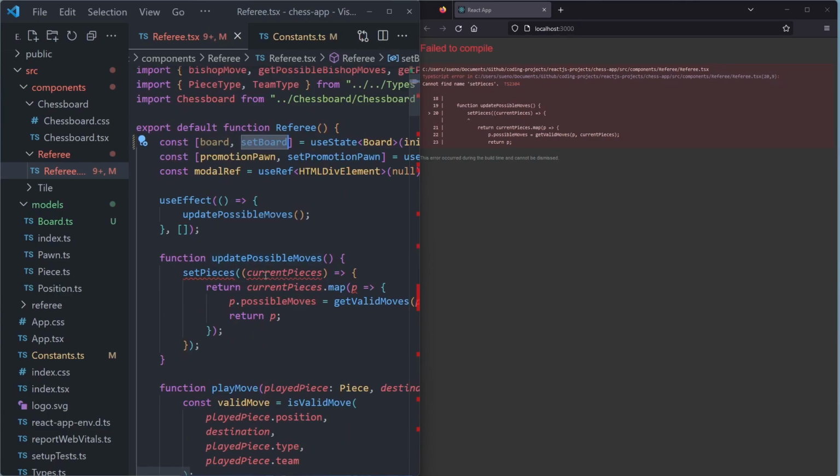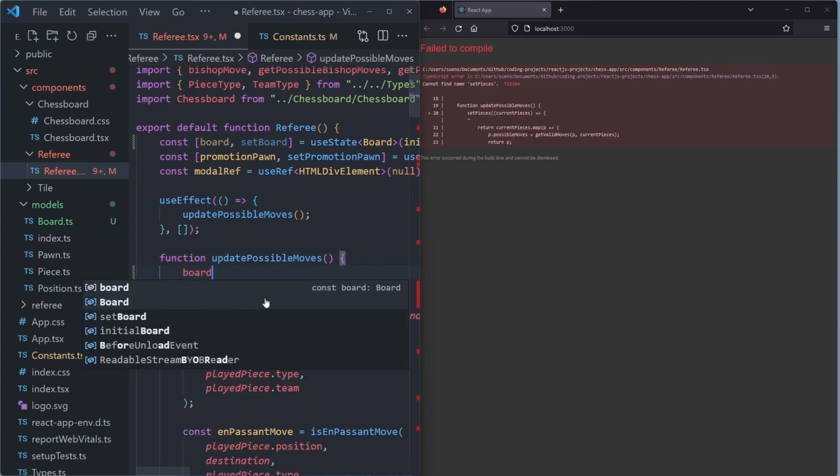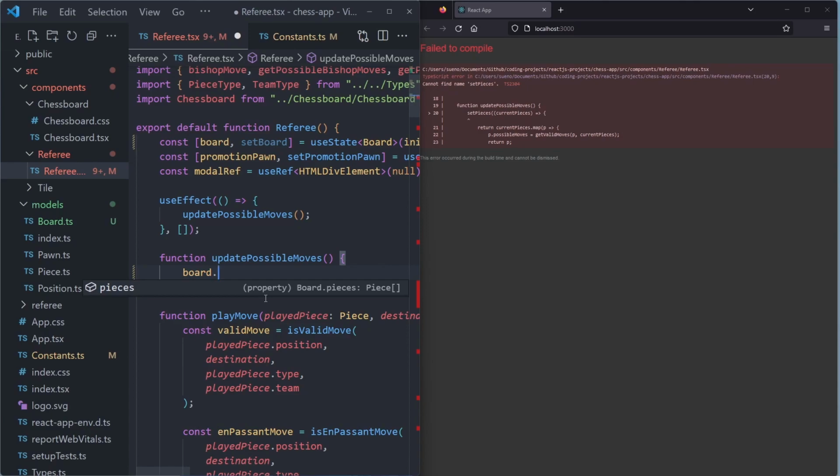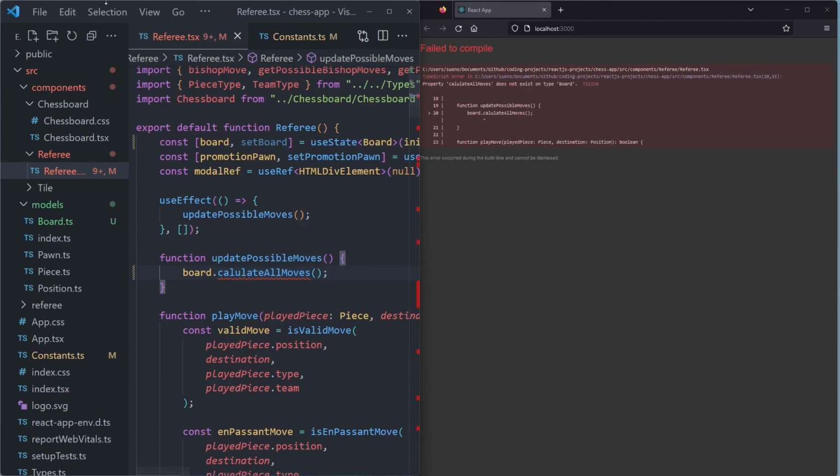Here we want to update the possible moves. So we updated all the pieces. We are going to move this functionality inside of the chessboard. We are going to cut away this code and then we want to call a function on the board. So right here we say board dot, and then we are going to call our function calculate all moves. And this obviously is not a function on the board yet, but if we open up our board, which is up here,